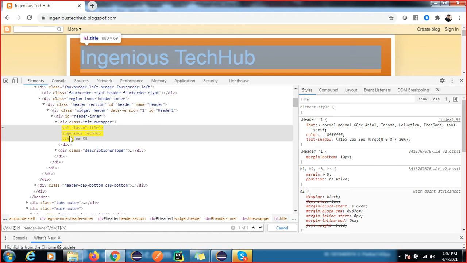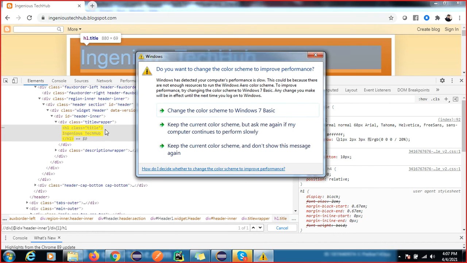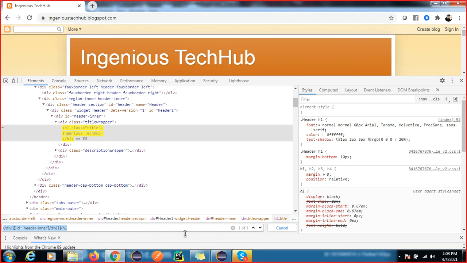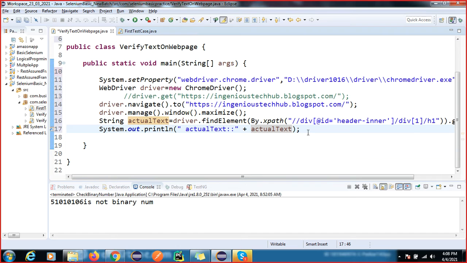Okay, that's it. First you have to check what is the nearest unique node or unique element. Then after that you have to traverse. Either you can go for following, or you can go for preceding. Got it, right? If you don't have the child, then you have to use following and preceding. Understood, right? Just practice yourself, you will get more idea. If you do not practice, you will not be able to write the XPath.